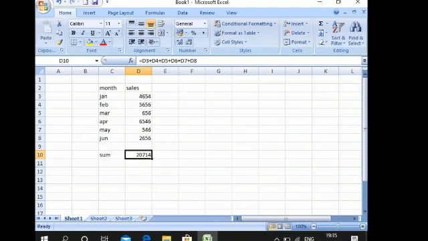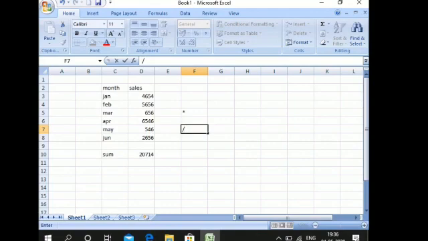Using the formula we can get the calculation of anything whatever we like. If we want to do addition, then we can do addition using plus sign. If we want to get the subtraction, we will use minus sign. And for multiplication, as you know, this asterisk sign is used, and for divide we use this sign. So these are called the operators and these D4, D5 are the cell references, the cell names.